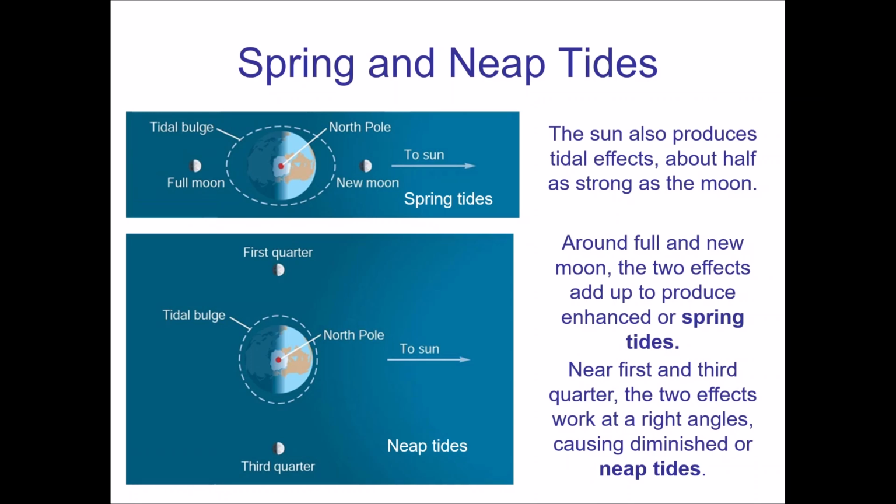And this is a second order effect. It causes tides, but it's not the main reason why the tides are occurring. There are lesser order effects as well. Precisely where we are in our orbit and where the moon is in its orbit is going to determine exactly how lined up things get. And so there are some other minor effects, but these are the main reasons why this is occurring.